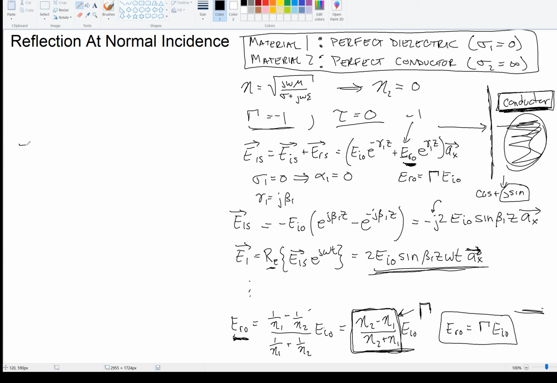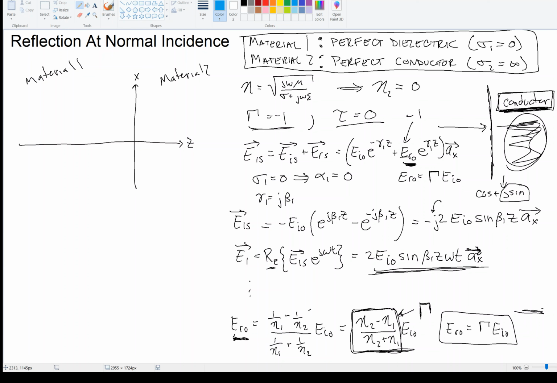Okay, so we were saying that our wave is moving in the z direction, so let's call that z, and the electric field is in the x direction. And so we know this is material 2, there's nothing here, and this is material 1. There's nothing that gets transmitted to material 2. Now, if I look at different times, right, because we want to see, is this wave traveling or not? If I look at different times, let's say t equals 0, right? Well, the sine of 0,